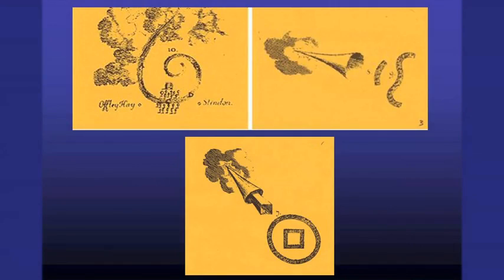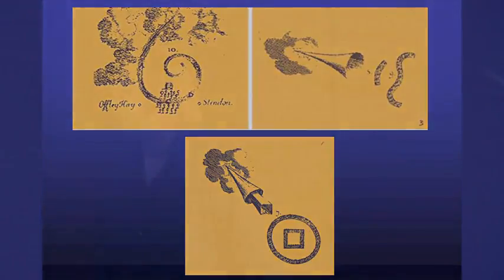Now what he was doing is he was drawing the crop circles that were showing up in the English countryside, and they're not just circles. Look at this. Now this is his really, really silly hypothesis where he says, oh, well, there was a square gust of wind which drew this perfect square on the ground, of course. That's how it works. What you're seeing is that the modern theory has really not gotten a whole lot better than this. We haven't really grown much in 400 years in mainstream science,